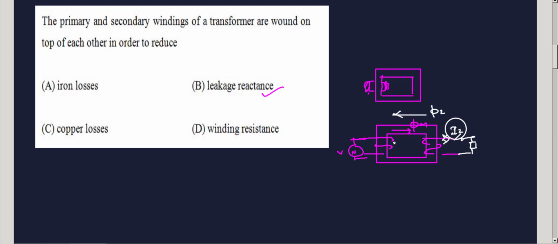Okay, net flux is reduced, so we have EMF E2. So this EMF E2 is reduced, it draws an additional component of the current I1 dash, what I have said earlier. Okay, so here you can observe, this secondary winding produces flux in opposition to the main field flux.